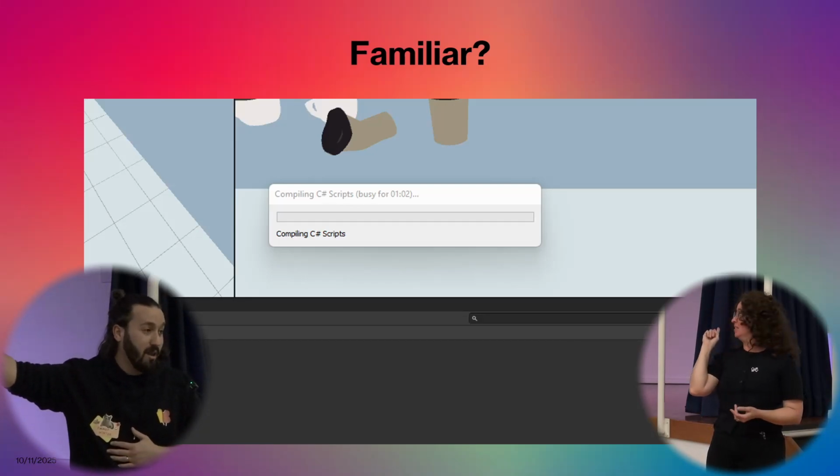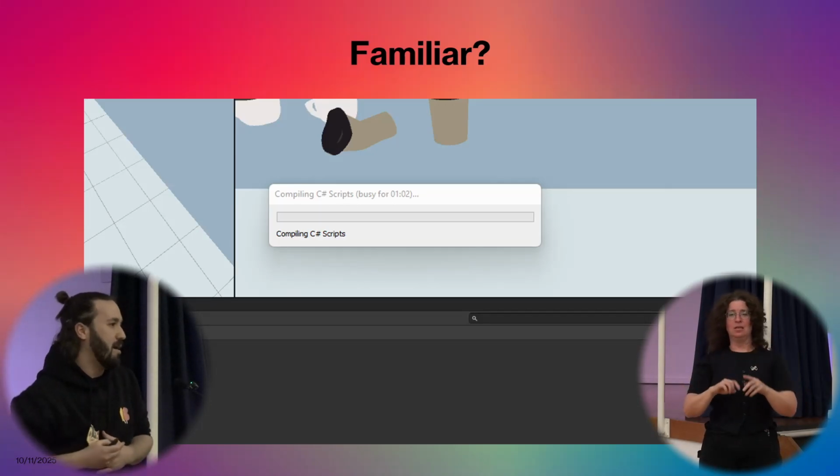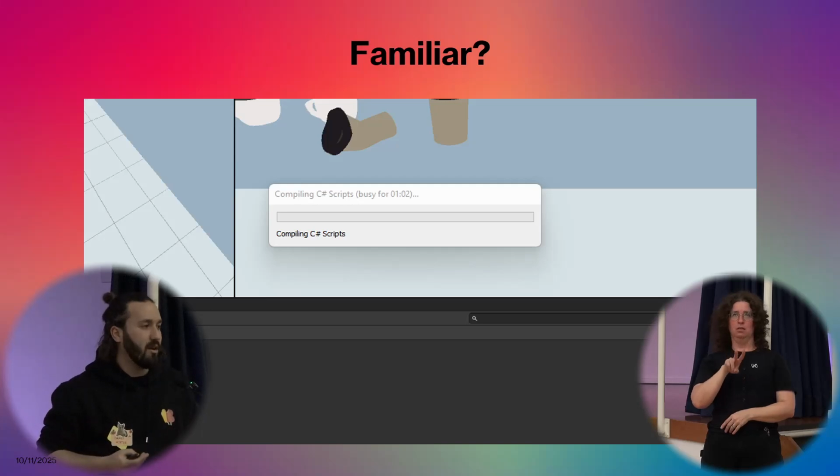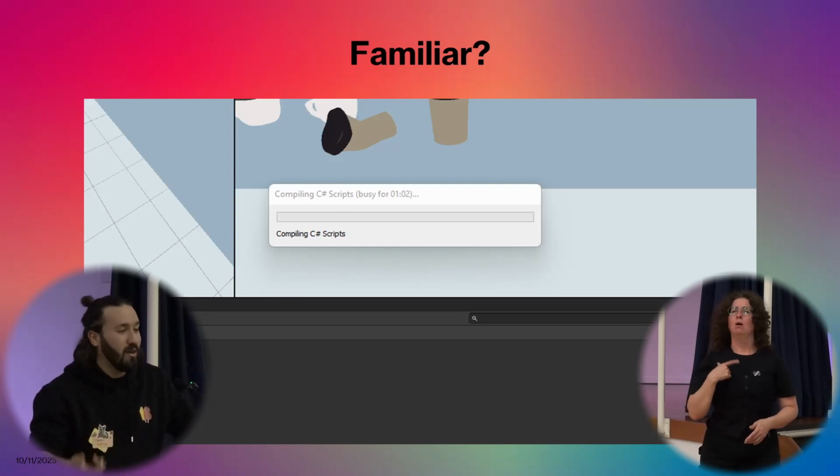I'm going to presume that at least one of you has seen this before. This is Unity compiling code. Developers stare at the screen for a very, very long time. Sometimes dozens of minutes on end every day. You might ask yourself, why is this happening to me? What have I done to deserve this? Well,